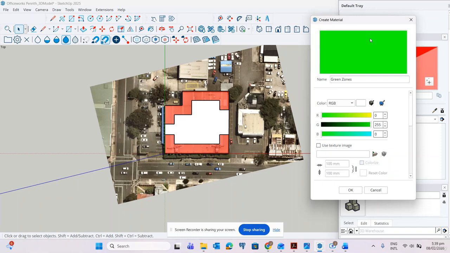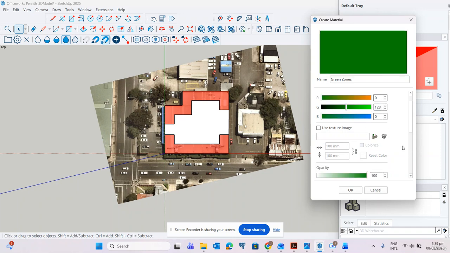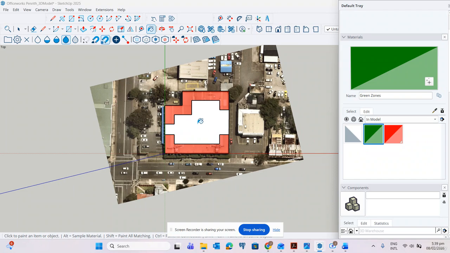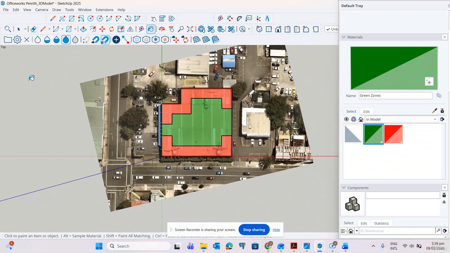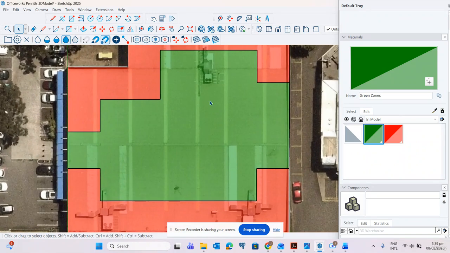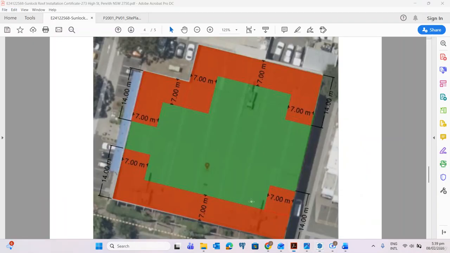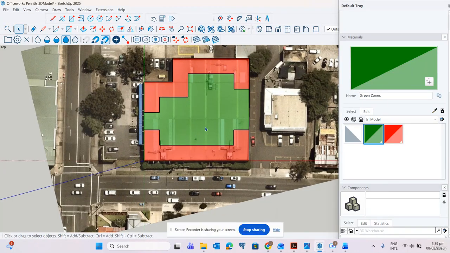I'd like it not too bright. We will use 128, and then 50% again for the opacity. Click OK, and then click the OK. So yeah, correct. That is our structural design.